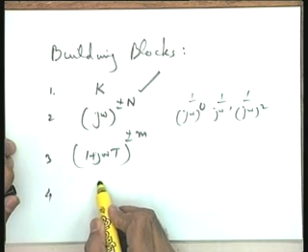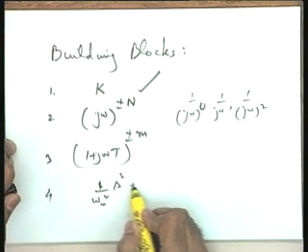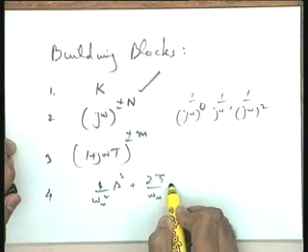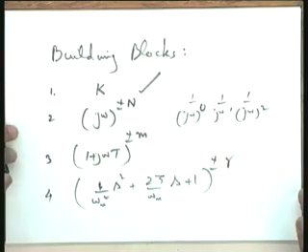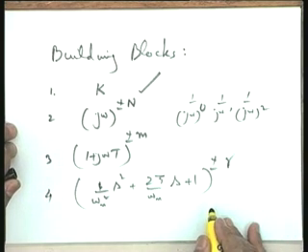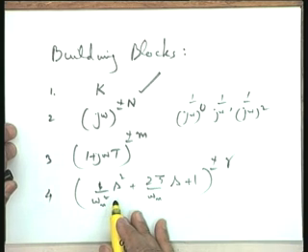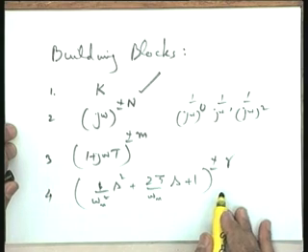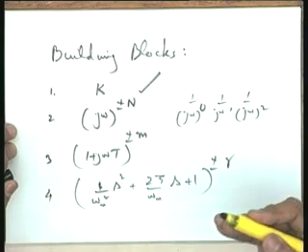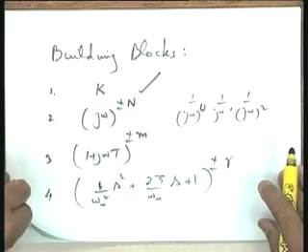It is 1 by omega n squared s squared plus 2 zeta by omega n s plus 1, raised to the power plus minus r, even if you want to make it more general, though multiple factors we hardly come across. So, it is a second order factor, and I have written it in this form, which is the time constant form. S I will replace as j omega. So, this s is equal to j omega. When I replace, I will get the appropriate factor. It is a second order factor which can come both in the numerator and the denominator. This is another block, the fourth building block.